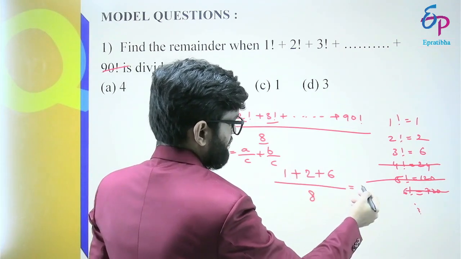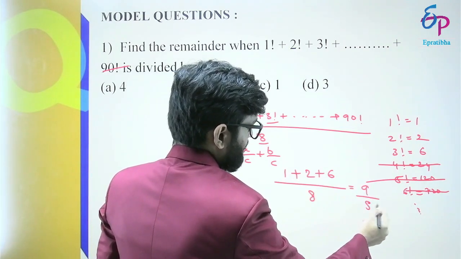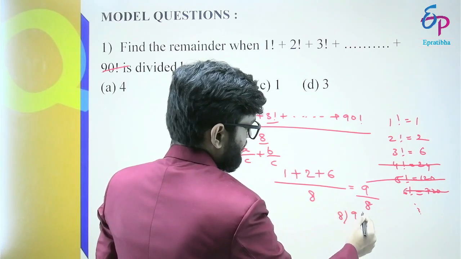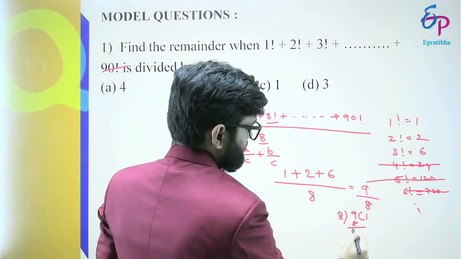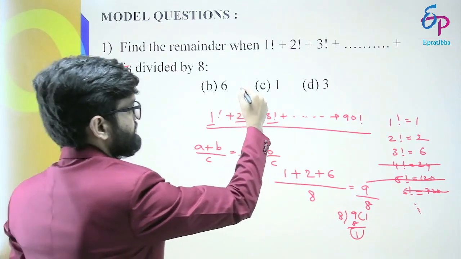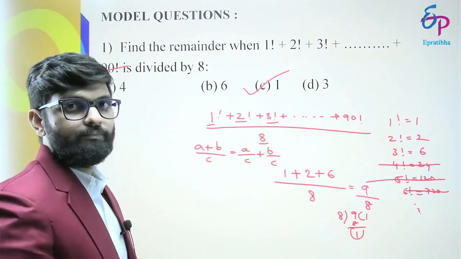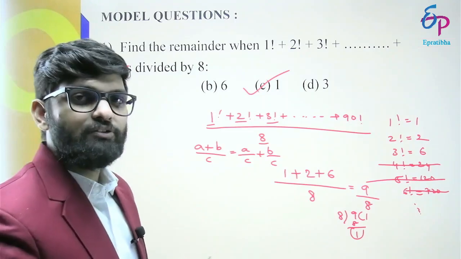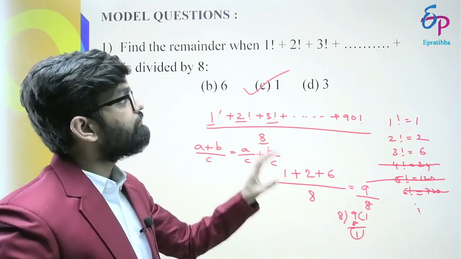When you divide the sum, it is 9 by 8. What happens when you divide 9 by 8? You will get remainder as 1. So what is the answer for this question? It is 1. So it seems like it is a lengthy and difficult question to solve, but